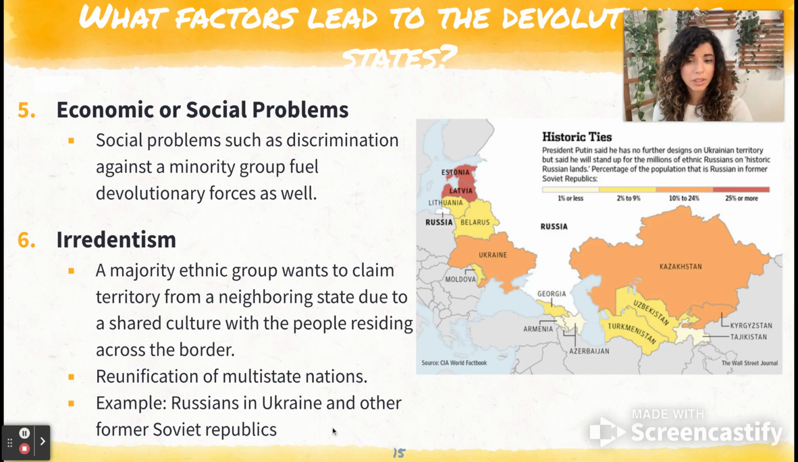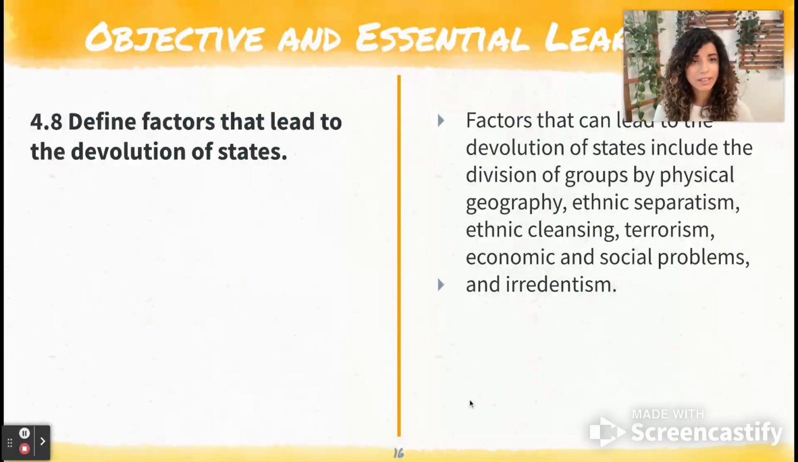An example is Russia with Ukraine, right? That's been Putin's whole reasoning, saying that Ukraine is Russia, right? That the people in that part of Ukraine, in Crimea and in other areas, speak Russian, they're ethnically Russian, they need to be brought back into the country that they belong, right? That's the reasoning that he has been using with the war. So all of these are different factors that can lead to the division of a country and the devolution of